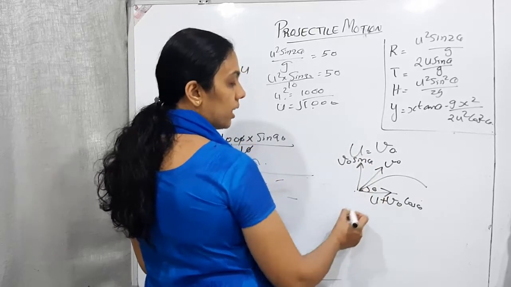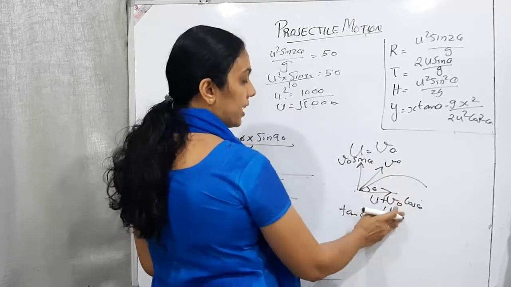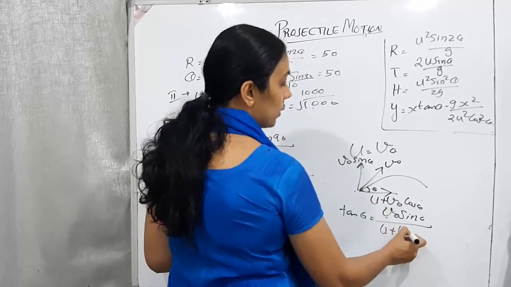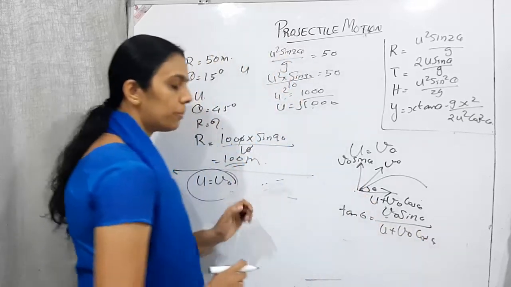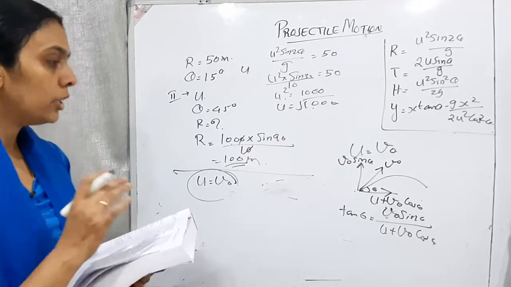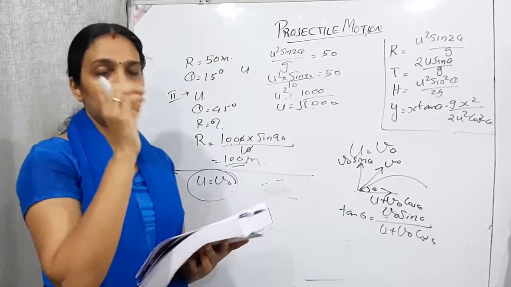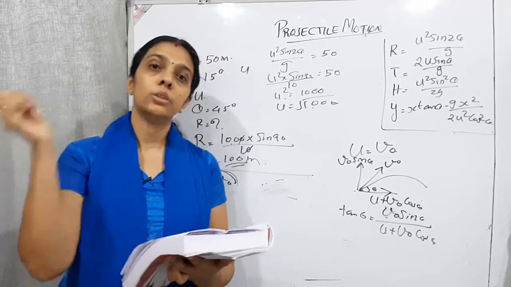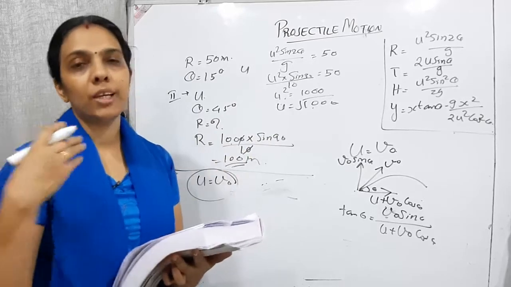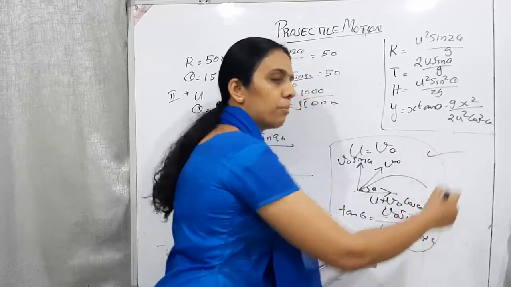Now the vertical velocity is v0 sin theta. How can we find out theta over here? Tan theta means opposite side divided by adjacent side, that is v0 sin theta divided by u plus v0 cos theta. So here you will be getting theta equals tan inverse of v0 sin theta divided by u plus v0 cos theta. Clear? So if we are simply throwing the projectile, the velocity will be different. While we are running and throwing the projectile, the horizontal velocity will be getting added up with the velocity with which he is running. So this is a different question and it is important also.